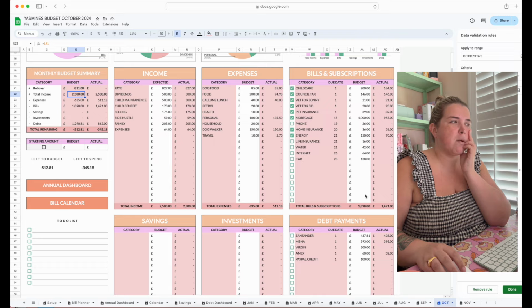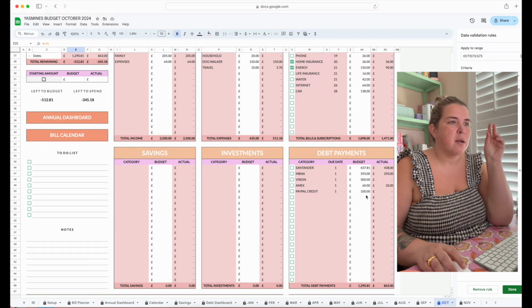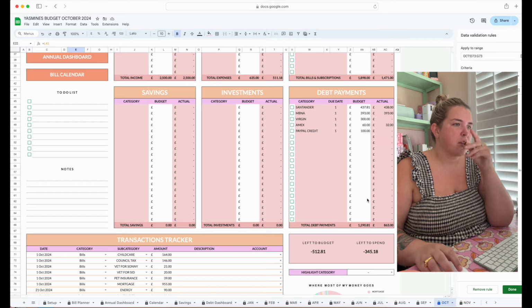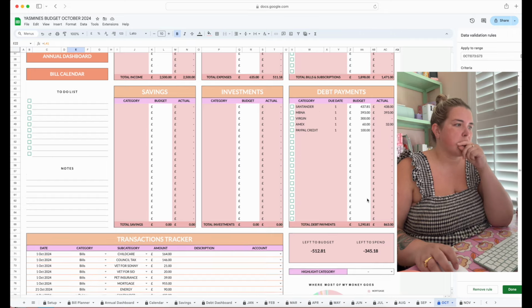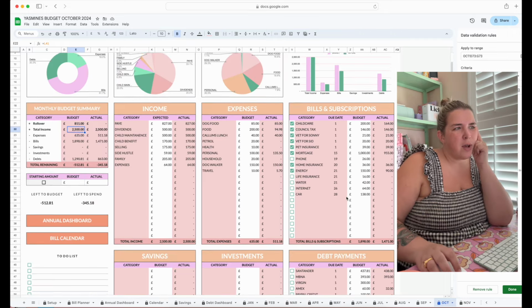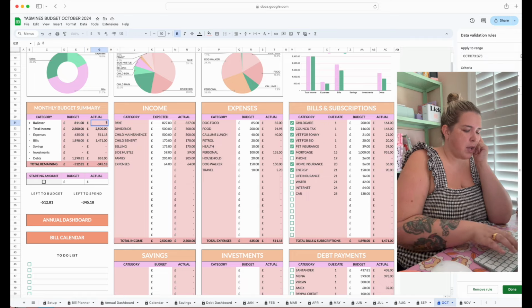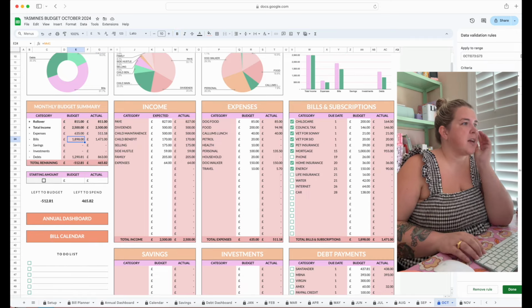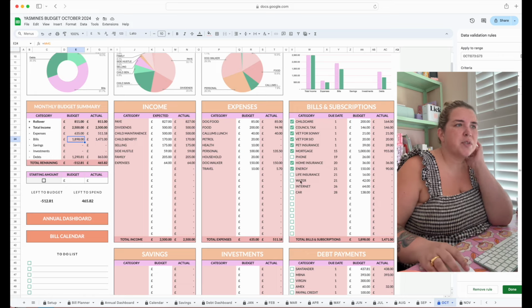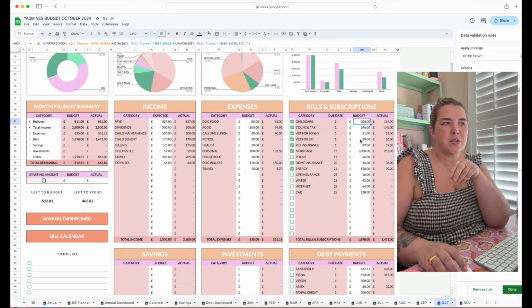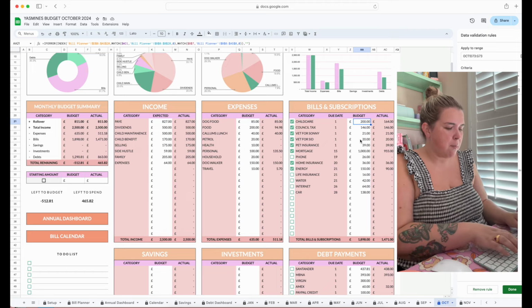My bills are all to one side. My debt is good to go. And I'm still coming out as I don't have enough money. Oh, hang on, 811 in actual. And that's in bills. So some of the bills have come down a little bit. So again, this pulls through. So I don't recommend writing over, but my